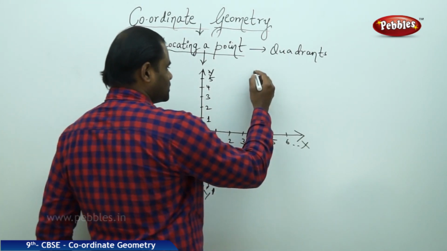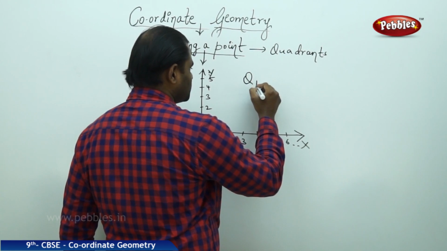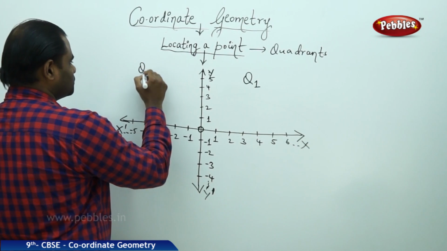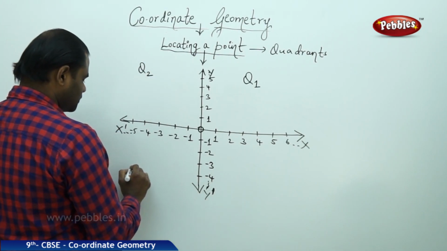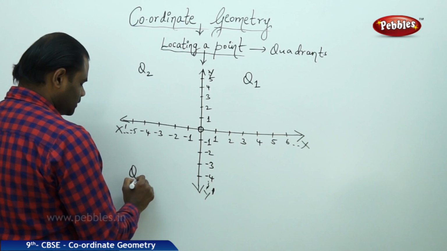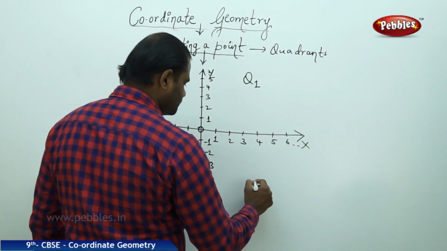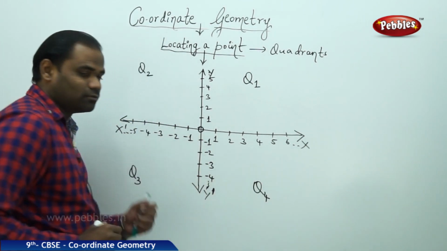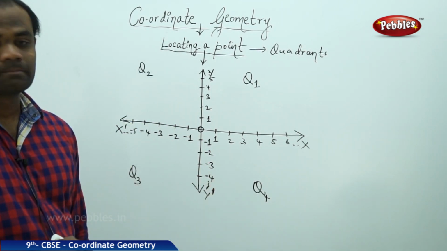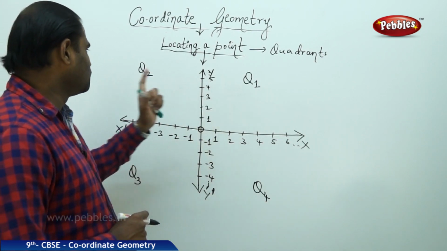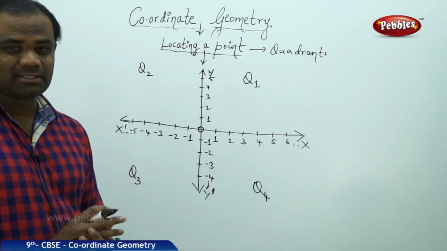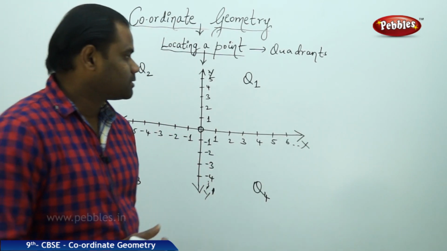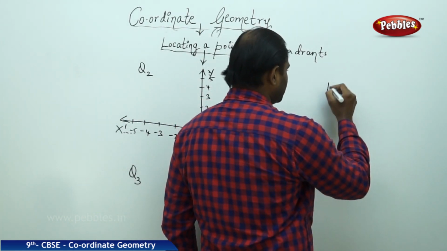As we have discussed, the first quadrant denoted by Q1 lies in this region, and the second quadrant denoted by Q2 lies in this region, and the third quadrant denoted by Q3 lies in this region, and the fourth quadrant denoted by Q4 lies in this region. So with each of the denotations of Q1, Q2, Q3 and Q4, let's see how we can locate a point in its respective quadrant. So for example, I have the point generally denoted by